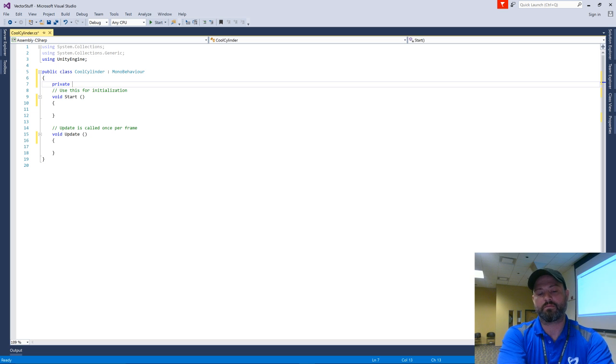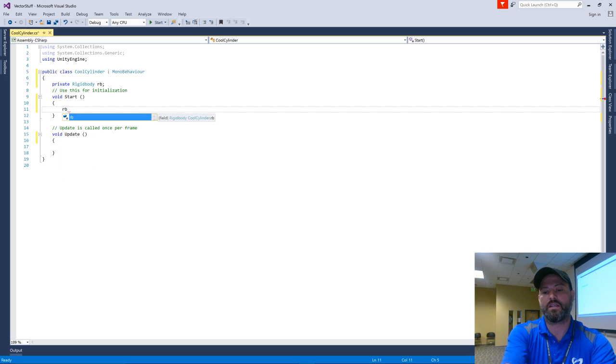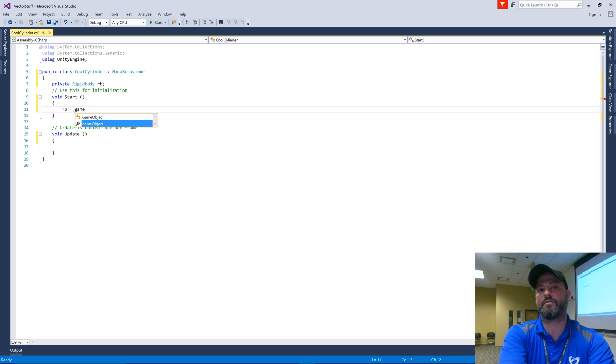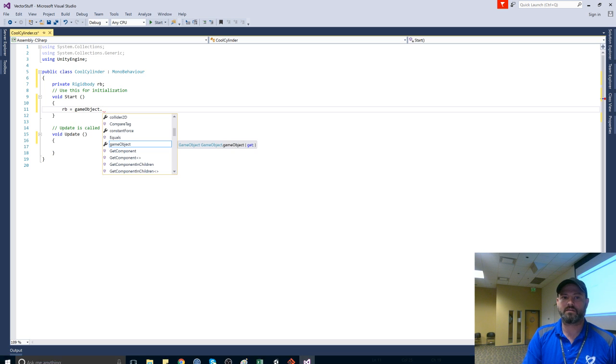We're going to do this. RB for rigid body. Actually, I need the type. This is the type, rigid body, and the name is RB. And RB equals, I can get access to the game object, and rigid body is what? What are these things?